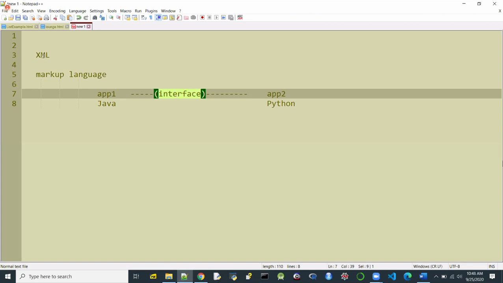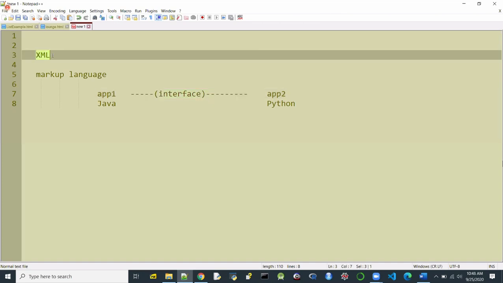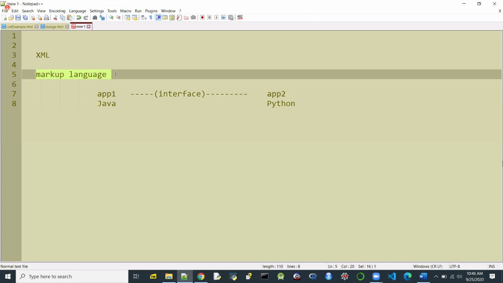Then people found that there is another use of XML, not only to define new markup languages. XML can also be used to store and transport the data between the applications. You can basically store the data and exchange the data among these applications. So that is an extremely popular usage of what we call XML.